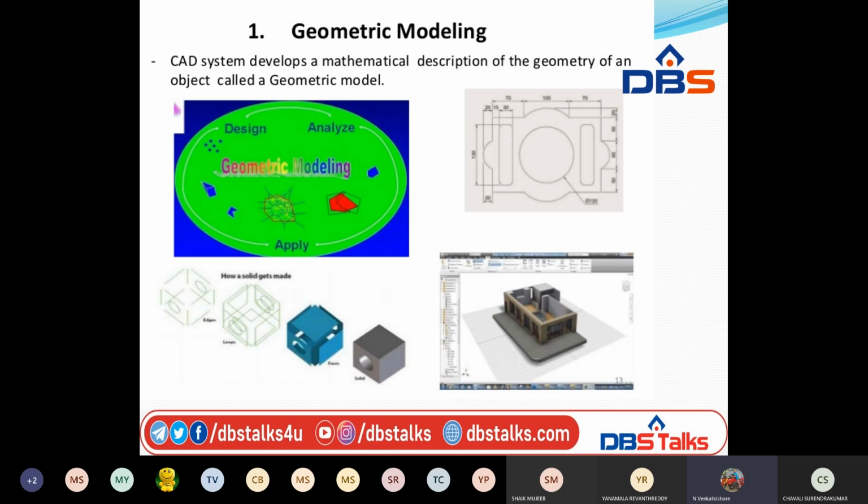So all these processes will be displayed on a screen. Okay, this is called a mathematical description of an image on a screen. The screen is nothing but the display; behind the screen is the CPU, which will perform all the operations of a CAD system. Then we also need the software which delivers or provides the geometrical modeling capabilities in an effective manner for both computer and human designer.